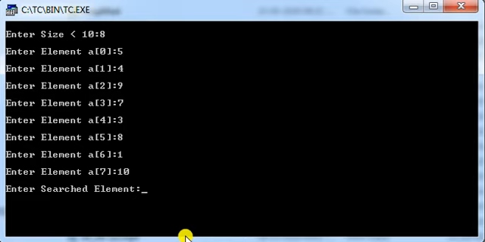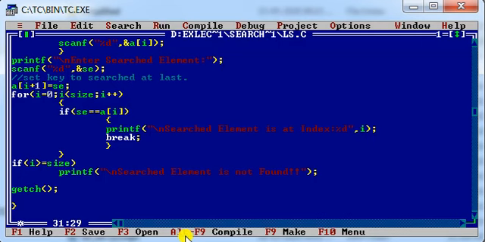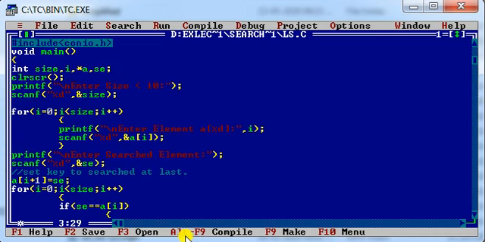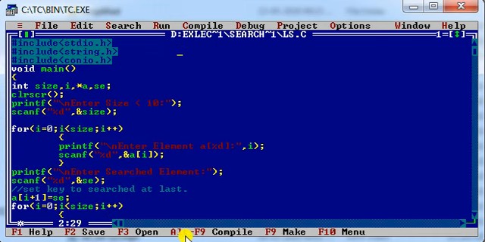Okay, now enter element to be searched. Let's say we would like to find out the element 99, which is not available in our array. So my program should display me the element is not found in the array. Yes, it shows me that search element is not found. So this is the implementation of linear search, or you can say the sequential search.